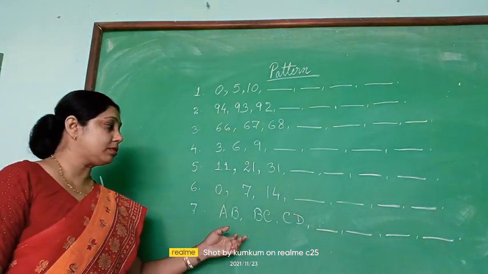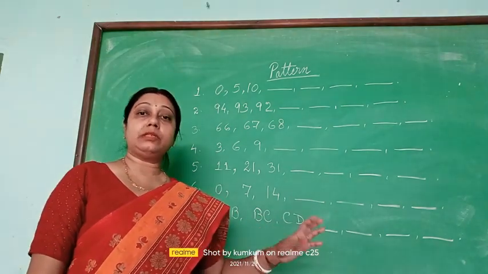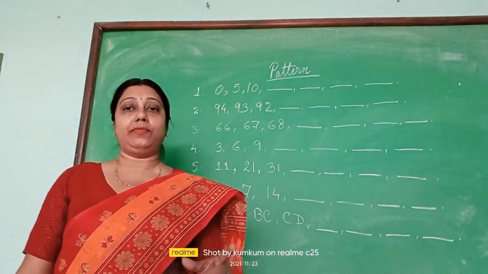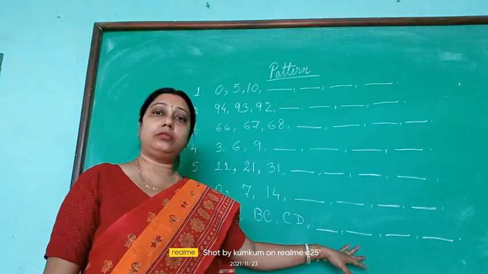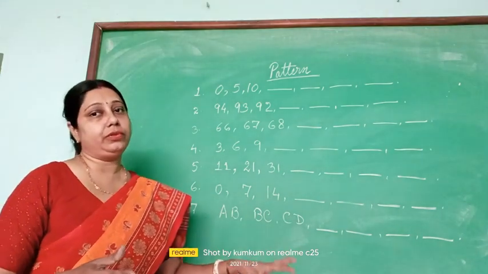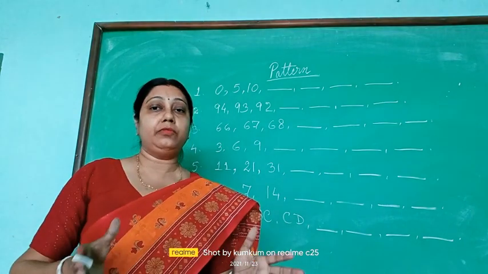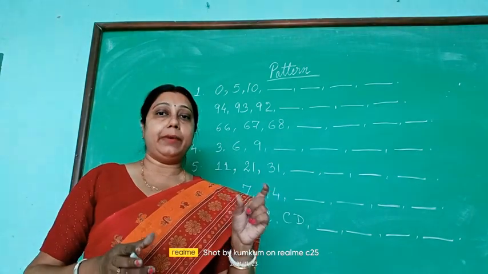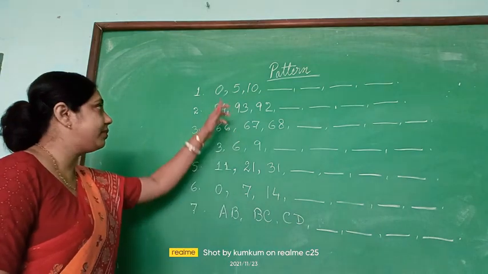So I have given you one question, I may give you one more to show you with the alphabets how it is given. Suppose for the alphabet specially, if the question is in capital letter, you have to follow the same pattern. That means the question is in capital letter, the other blanks also you have to fill with capital letters. If it is in small letters or cursive, you have to fill the blanks with cursive or small letters. So you have to see the question, in which format the question is given. 2 or 3 numbers which will be given, or 2 or 3 patterns which will be given. You have to follow it, and rest part you have to fill it like this. Let us see the first question.